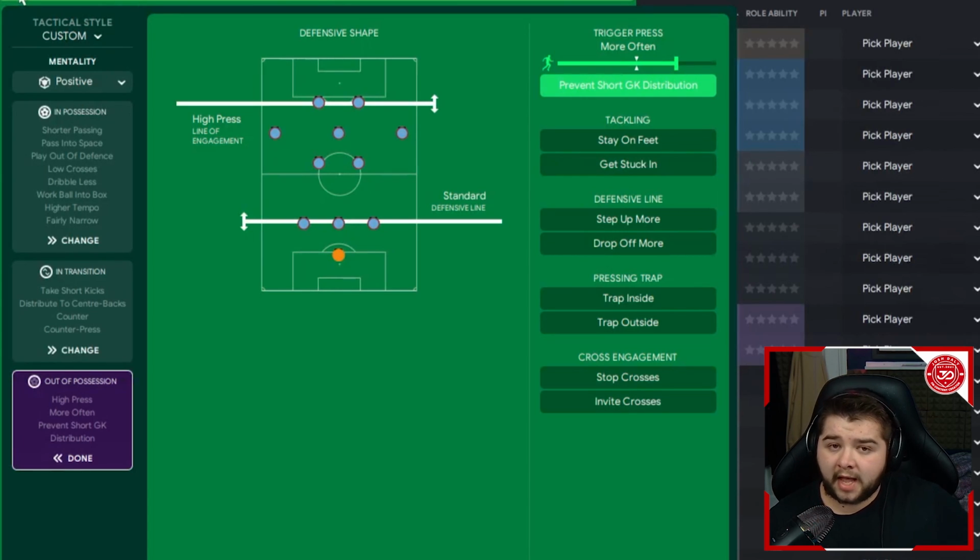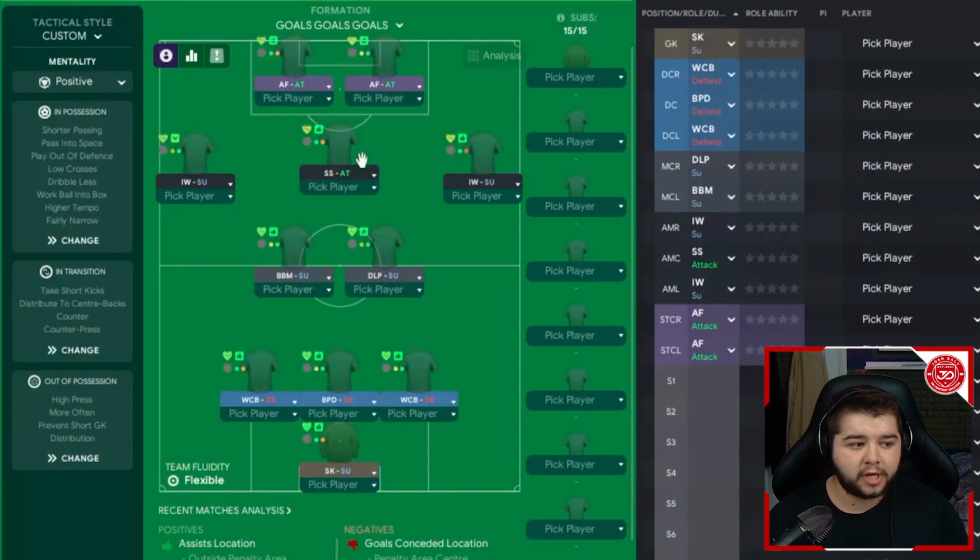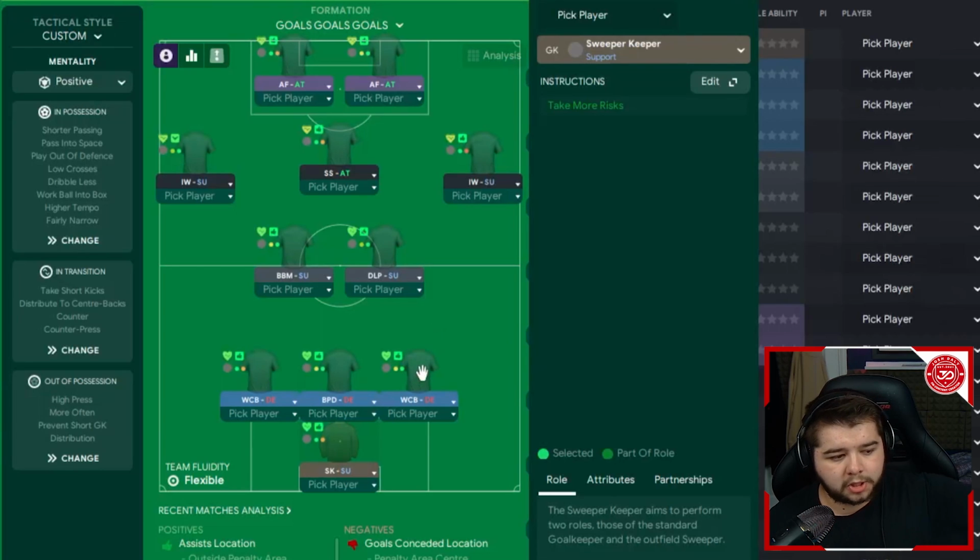As always, we are going to have attacking and defensive variants. So if you're wondering why the higher line's not been used, it's because a higher line is really good for getting the goals, but way too vulnerable at the back, which is why we're only going to use that on the attacking variant. Going over to the player roles, we've got a sweeper keeper on the default instructions,